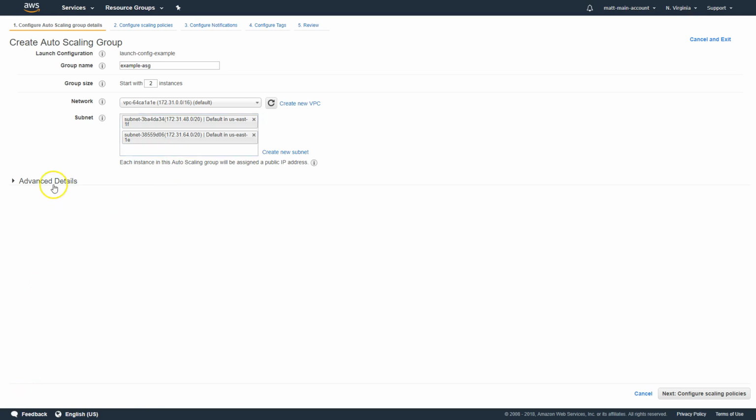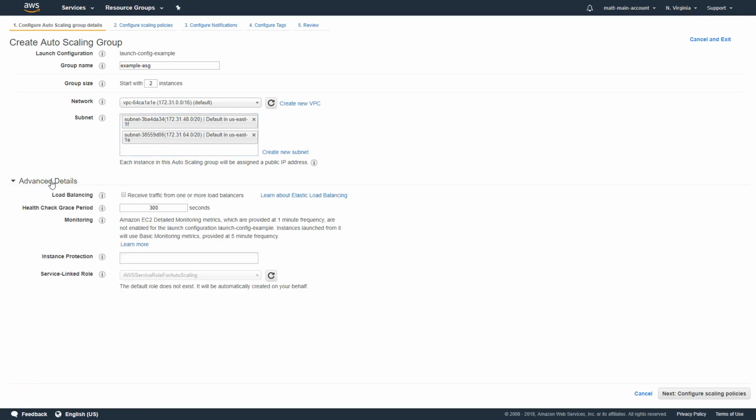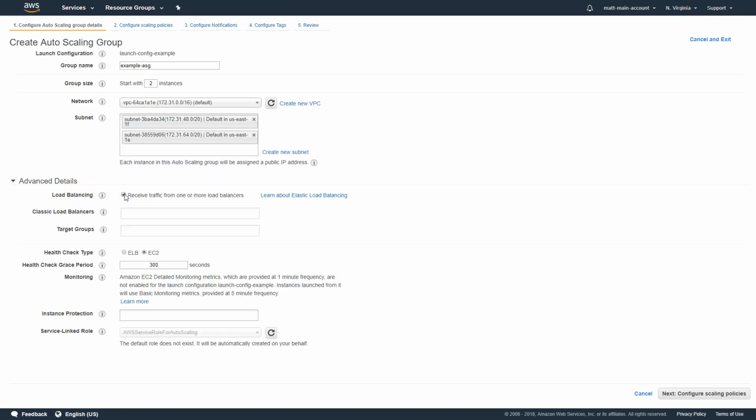And we're not going to mess with advanced details, but for your own reference, you do have a few other pieces of configuration here. So load balancing, if you want, you can choose to receive traffic from 1 or more load balancers. We haven't created one yet. We're going to do that just a little bit later in this video, so we're going to leave this unchecked